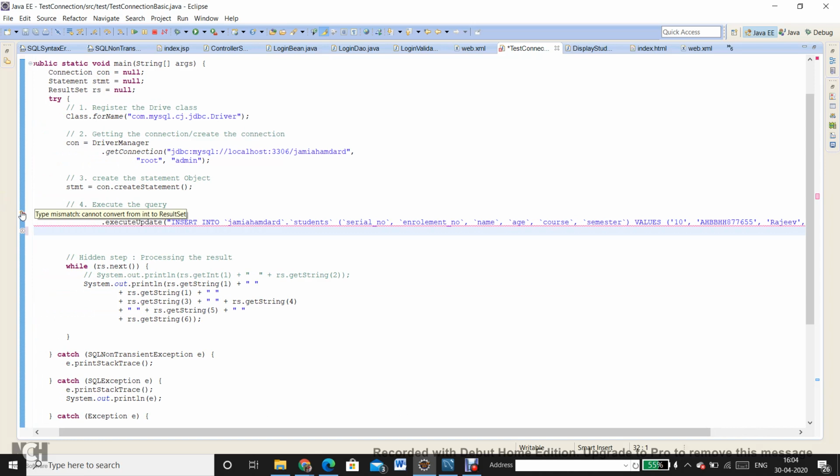Type mismatch here. I mean, I don't know about the correctness of the SQL query, but at least whatever I have written in the form of a string is matching the string format, so that is correct.